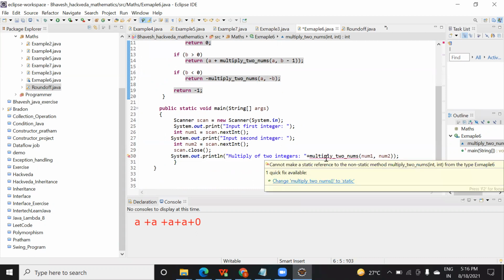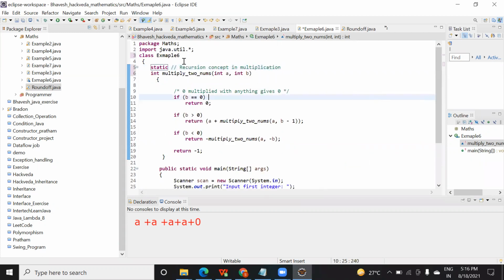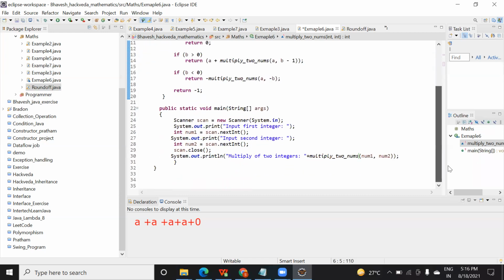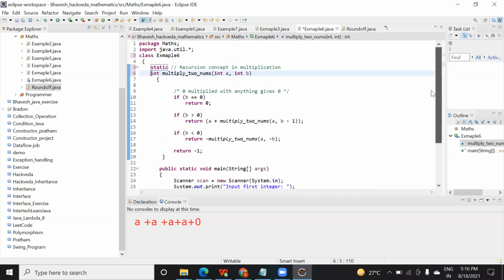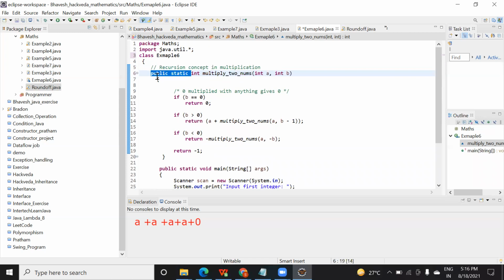As it is giving an error here, let me change this. Because these parameters are static, that's why it is giving an error. But normally when you declare any function, you don't need to add public static all the time. It's up to you. So let me just make the changes again.